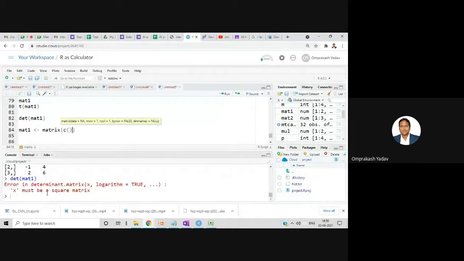Yes, that one also I can use, so let's use that one only, where I stored that in MUL. So MUL is a square matrix. A square matrix means the number of rows will be equal to the number of columns.